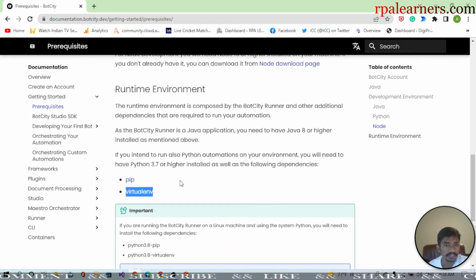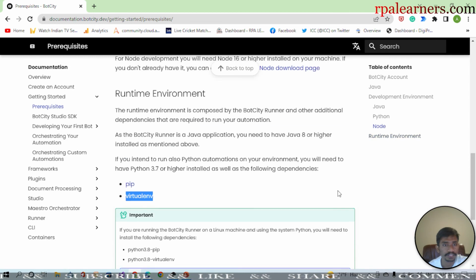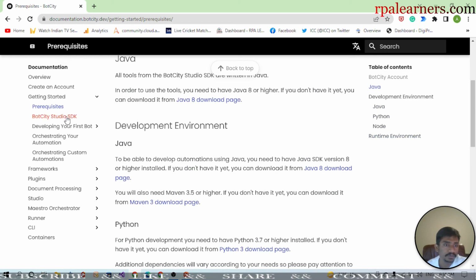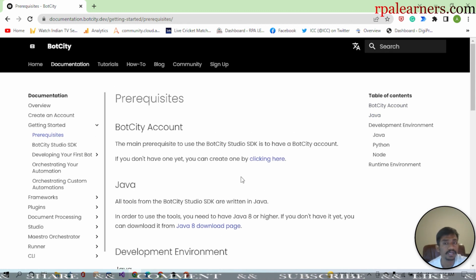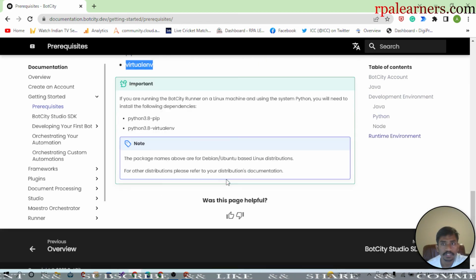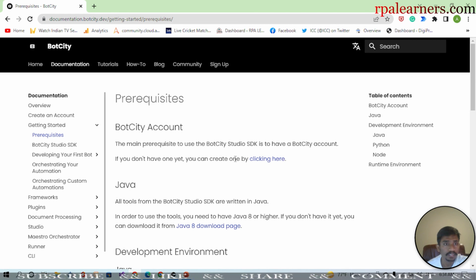installed, right? So these are the different prerequisites that you need to have, and you need to download the Bot Studio SDK, and in the next video I will show you where to download it and how to install it, and create your first bot using Bot Studio. And this is all for now. I've shown you where to go, and you can go to the tutorials, and you can read their blog, and you can go to the community